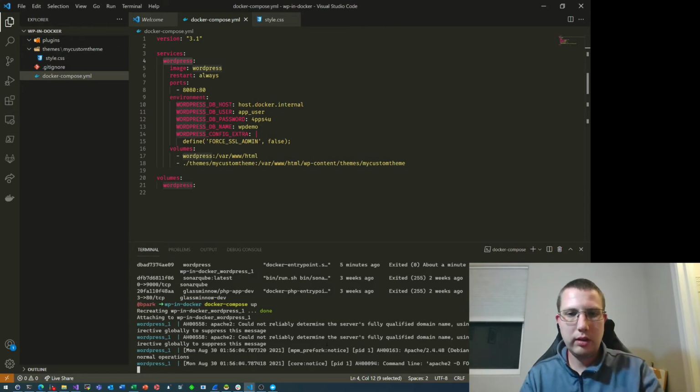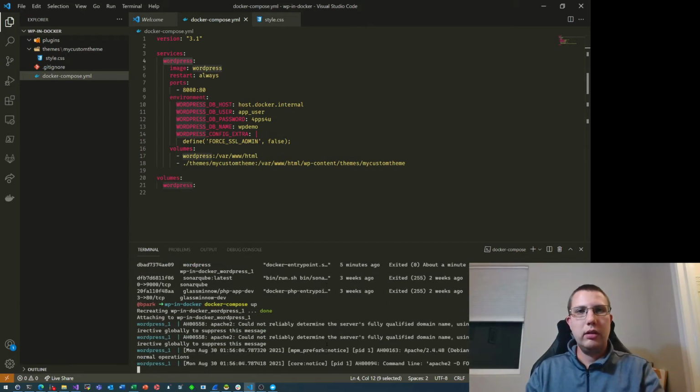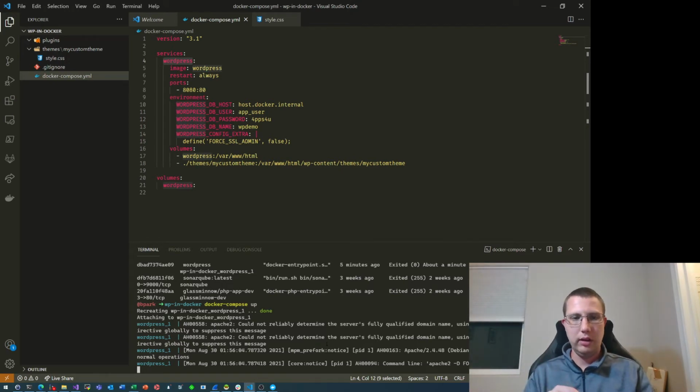I don't see that in the logs, but it should have recreated the wp-config.php file, and we should be good to go. Now, obviously, in our situation, we didn't actually need to make that change, but it's good to know how to make that change in case you need to manually add things to that WP config